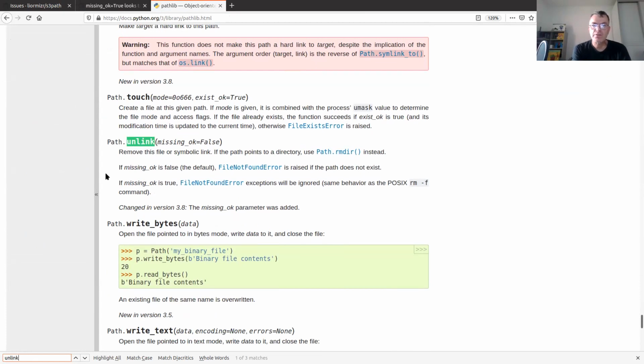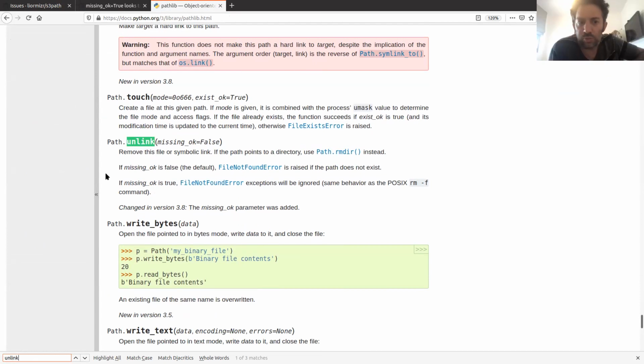Remove this file or symbolic link. If the path points to a directory, use Path.rmdir instead. If missing_ok is false, the default, an error is raised if the path doesn't exist. If missing_ok is true, FileNotFound exceptions will be ignored.